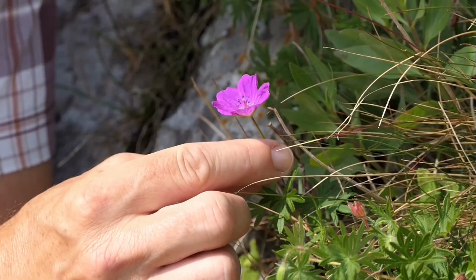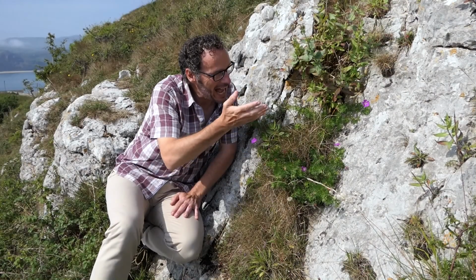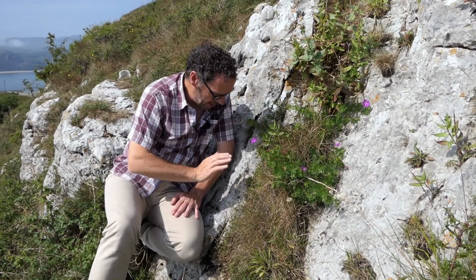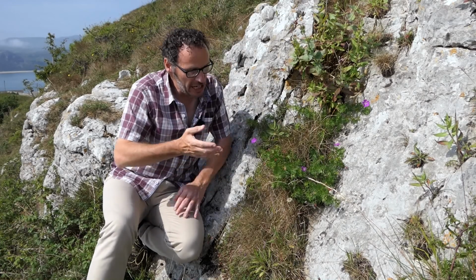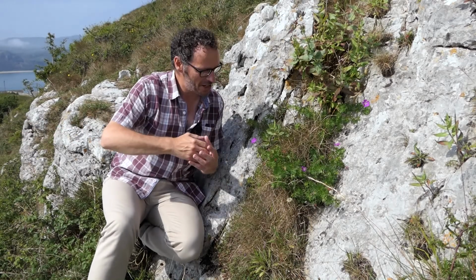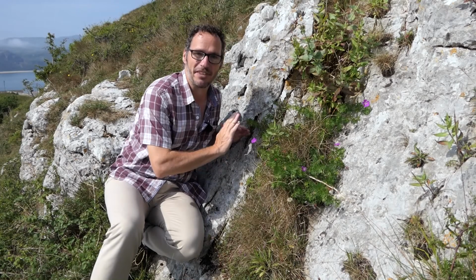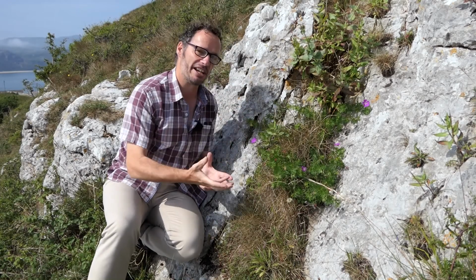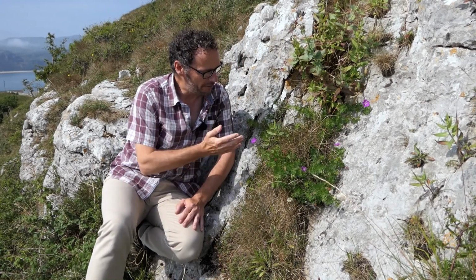This is bloody cranesbill, and it's quite a rare plant. You only find it on the coasts and where you get this limestone rock. And this limestone rock is really the key to why the Great Orme is so special. We're on a south-facing slope here, it's warm, it's Mediterranean, and unlike much of the rest of Wales, where you've got these hard acidic rocks, this limestone is very, very mineral rich, and you get lots of different plants growing here on the Orme, and that's why this place is an important plant area, and it's globally important for these